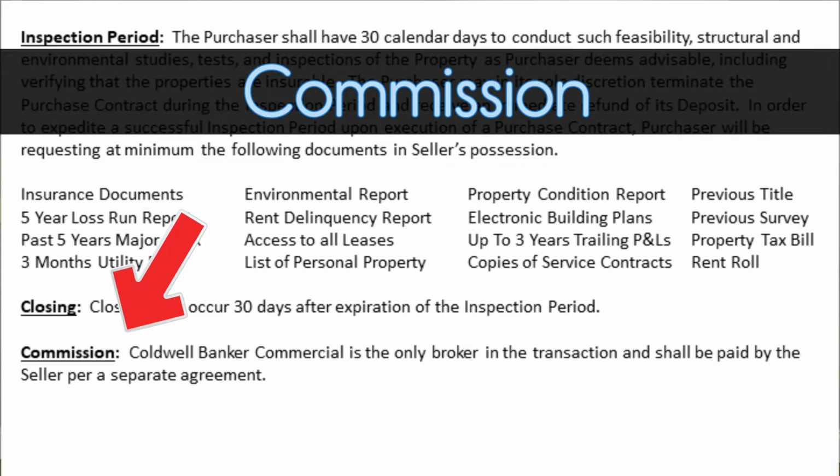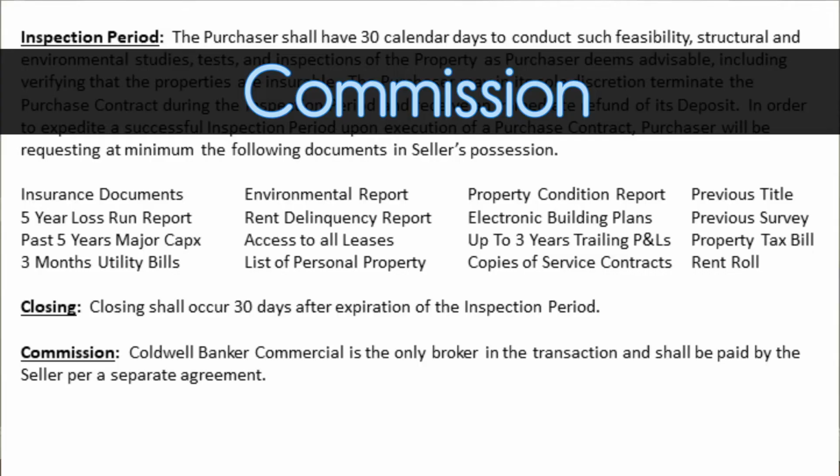For that right to extend, they will put down an additional amount of deposits that also becomes non-refundable with the other deposits. Now, that extra deposit amount typically goes towards the purchase price, but on occasion, sometimes if investors want to be more competitive, they'll put it as a fee, which means it goes on top of the price for that right to extend. Next up is the commission clause, which is the most important clause in the entire document.